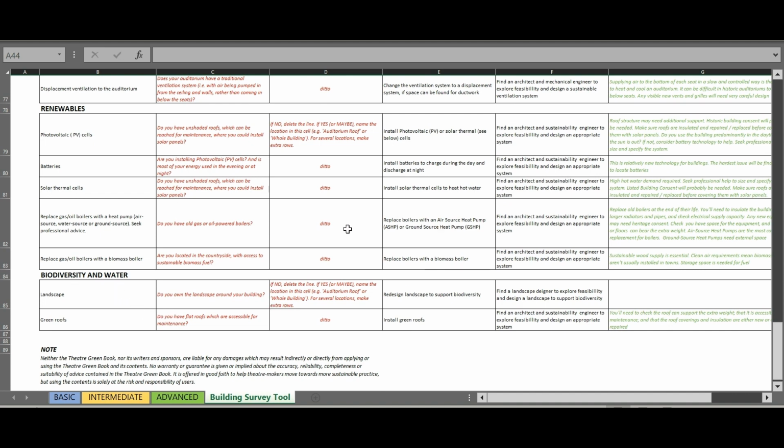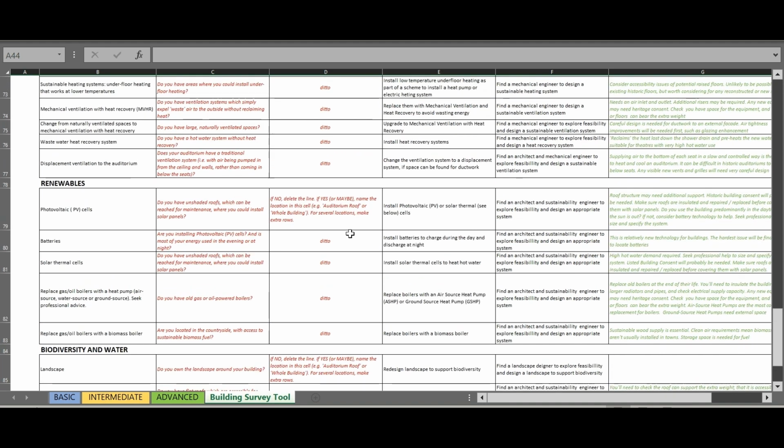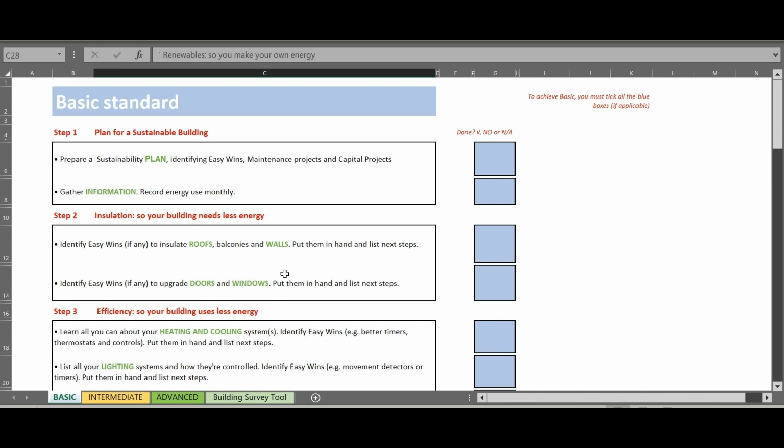Having completed this, you then have a live document that you can modify over time. You can remove and update as you complete projects, as you seek funding. We then have the three coloured tabs: basic, intermediate, and advanced. We'll just have a look at these. So here we have